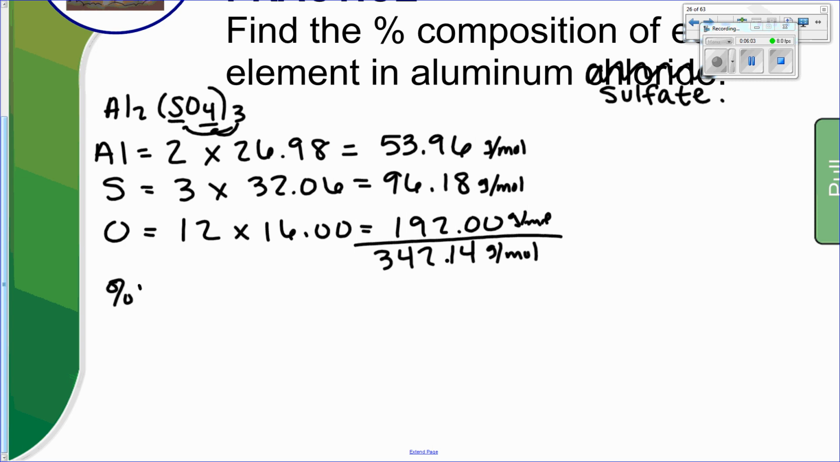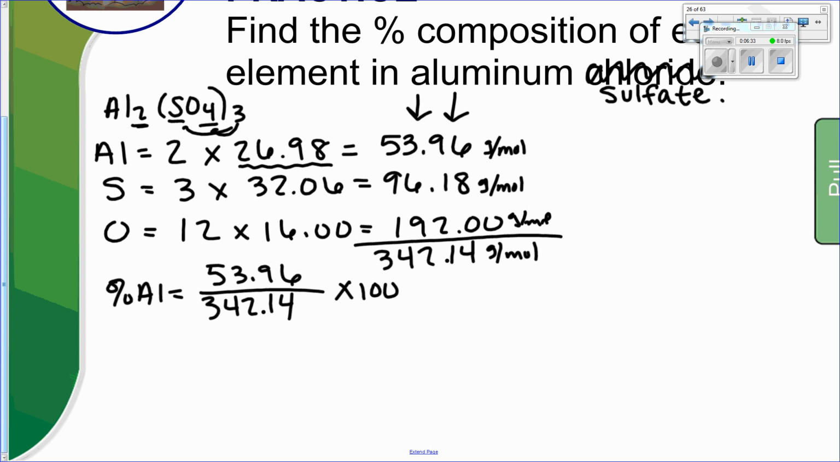So the percent of aluminum is going to be equal to the part over the whole, or the mass of aluminum over the mass of the whole compound, so 53.96 over 342.14. It's important to note you are not using this number when you put that in there. Remember, that's the molar mass of 1 aluminum, but you've got 2 in here, so you always have to take into account how many you have in this particular compound. So these right here are the numbers that you're using. Times this by 100 down here, and you end up with